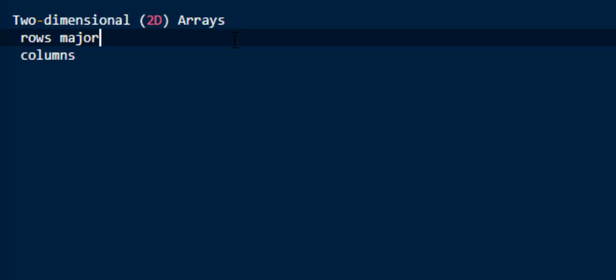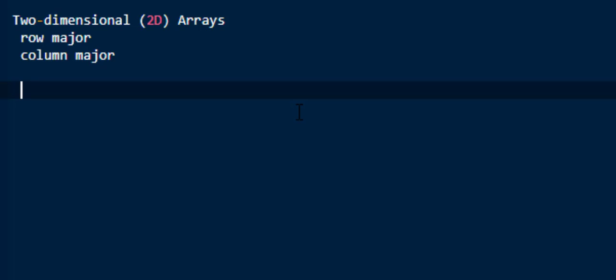This is called row-major order. Some languages store all the data in the first column followed by the data for the second column and so on, and that is called column-major order. That is row-major and column-major. Java actually stores two-dimensional arrays as arrays of arrays. Each element of the outer array has a reference to each inner array. The array indices start at 0 and end at length minus 1.